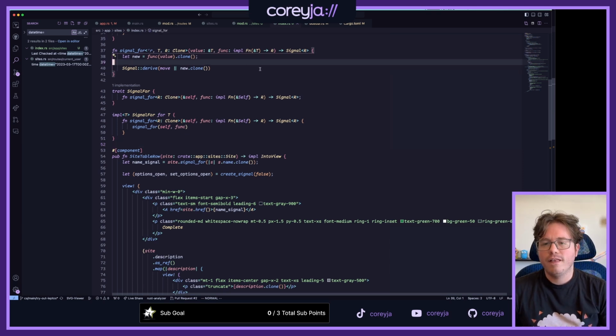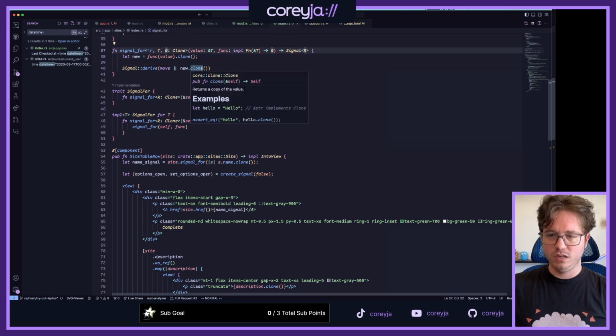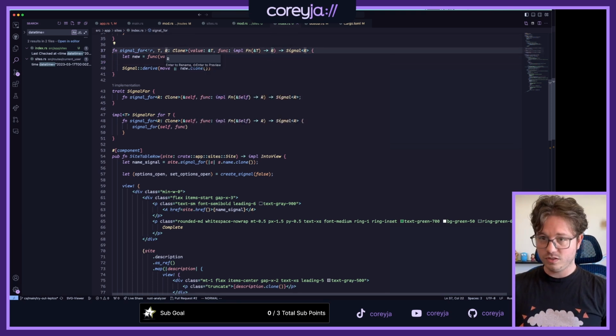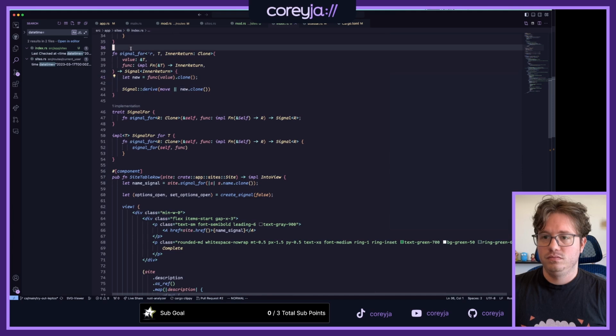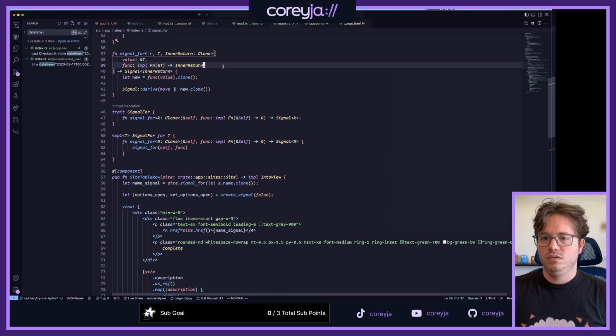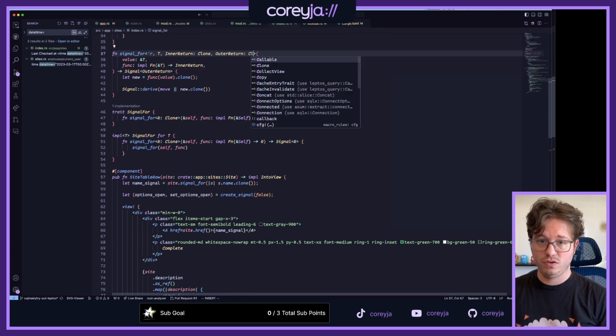So it needs to return an R. Okay, so let's make this the inner return. And then this is the outer return, and then outer return is also clone.